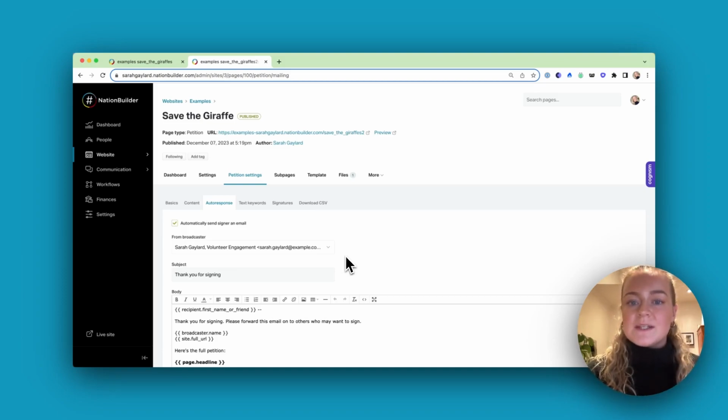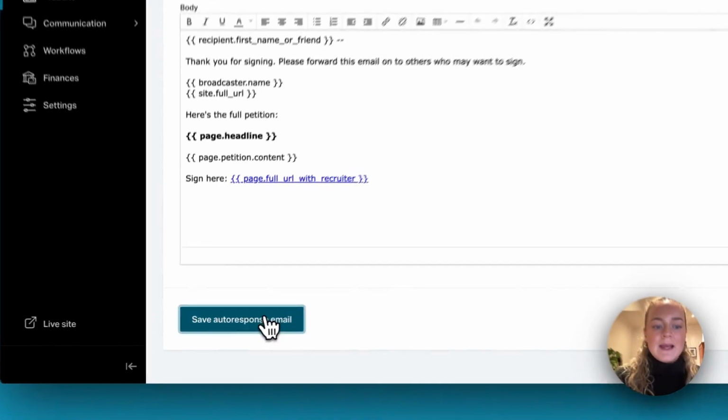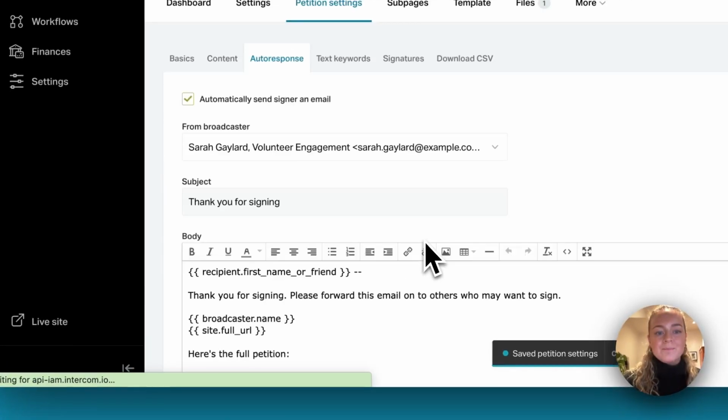So this is your opportunity to thank your supporters and give them the opportunity to get others to sign by sharing the petition link with their unique recruiter ID. Recruiter IDs are one of the ways in which NationBuilder enables you to organically grow your base of support. So once we're happy with this email, we can change the text in here, hit save auto response email, and